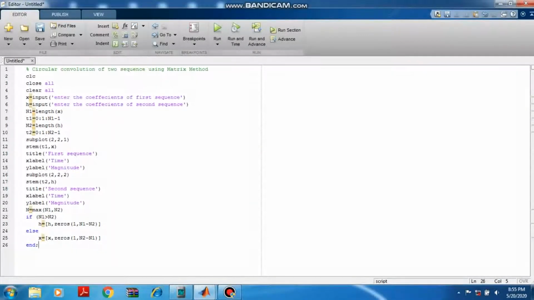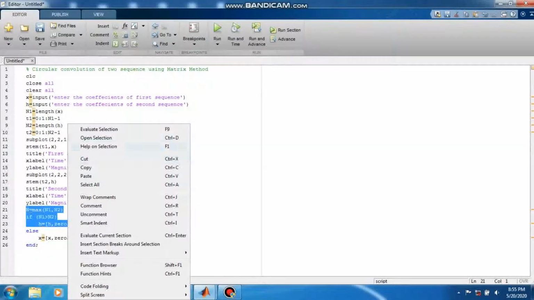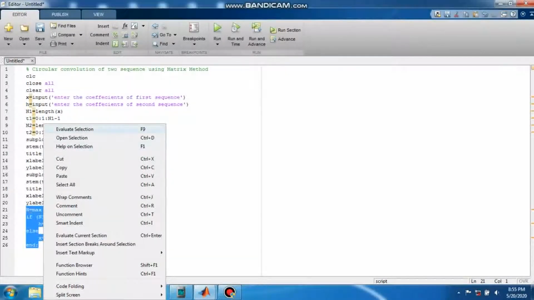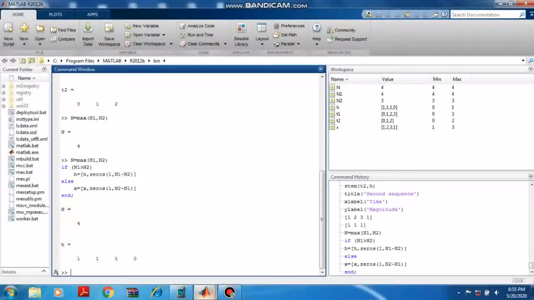Now, what is this statement doing? Let me show you. Maybe it will be inside the loop, so I have to execute up till here. I'll do this, evaluate selection. See what this program did: n is equal to max of n1 minus n2, so n stores 4.